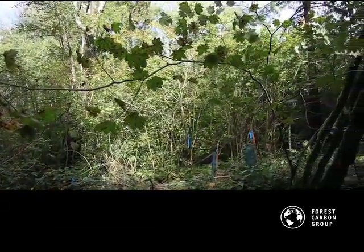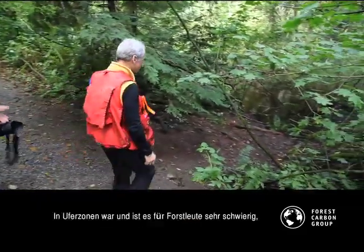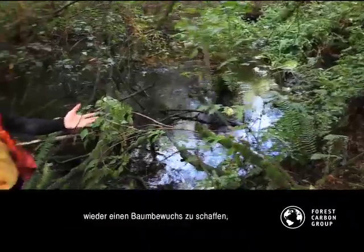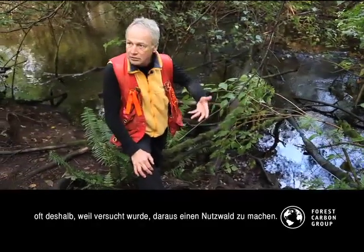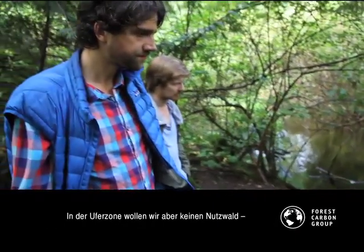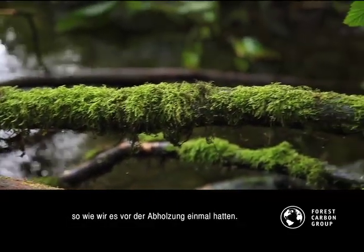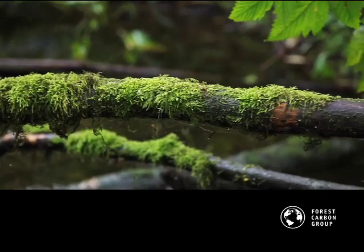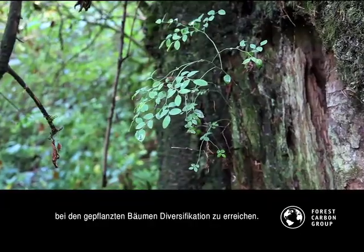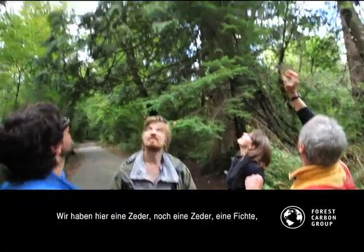So in this particular one, here's a good example right here. Riparian areas have historically been very difficult for foresters to reestablish trees on. So much of it was because they were trying to reforest to make a commercial forest out of it. Along a riparian corridor, we don't want a commercial forest. We actually want a natural functioning ecosystem such as the one we had before you logged it. We don't want the plantation effect. So I try and mix the diversity of the trees that are planted. Let's look around. So we look up and we've got cedar,